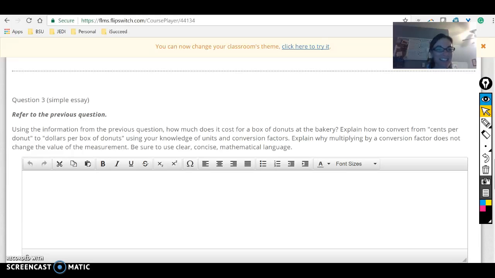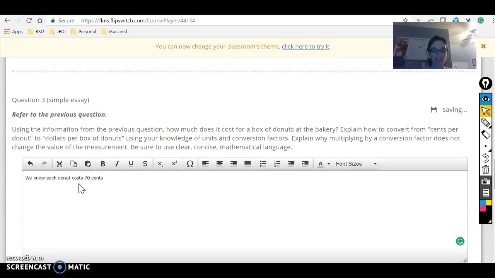So next question, use the information from the previous question, how much it costs for a donut, to determine how much it costs for a box of donuts at the bakery. Explain how to convert cents per donut into dollars per box. Okay, so that is basically what we did, and we're just going to type in here. We know each donut costs 70 cents. Okay,